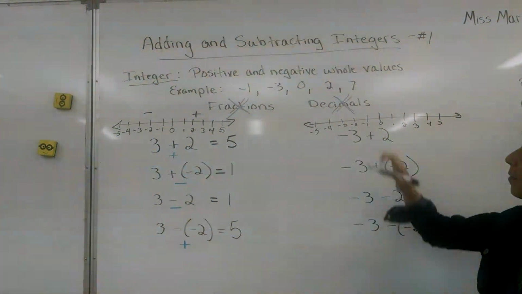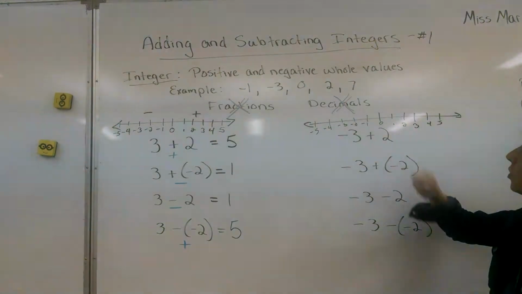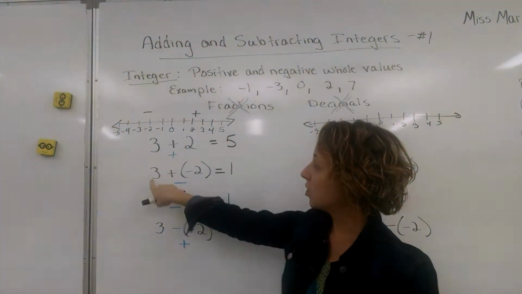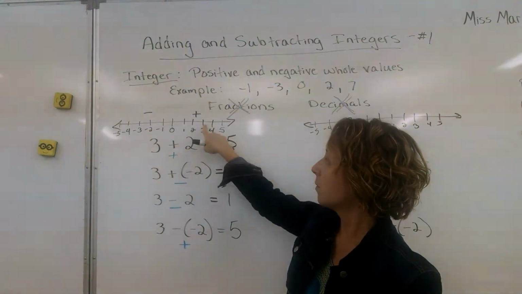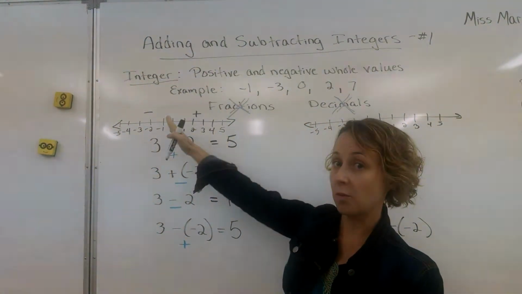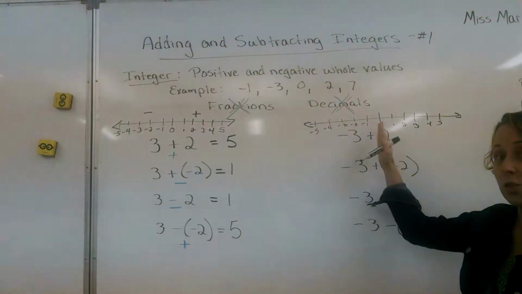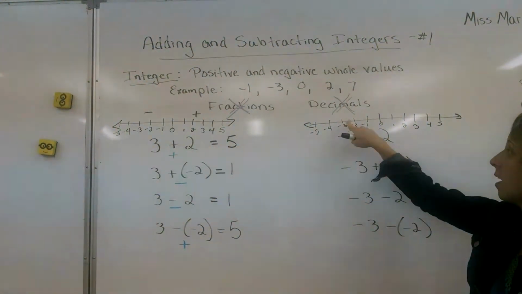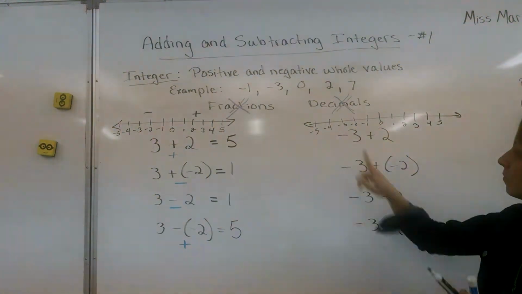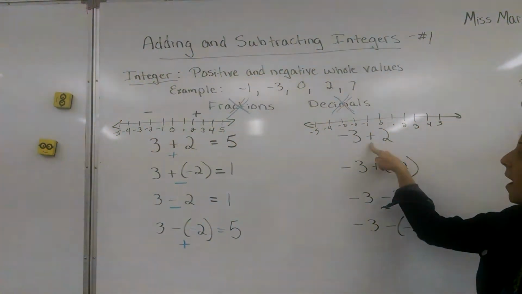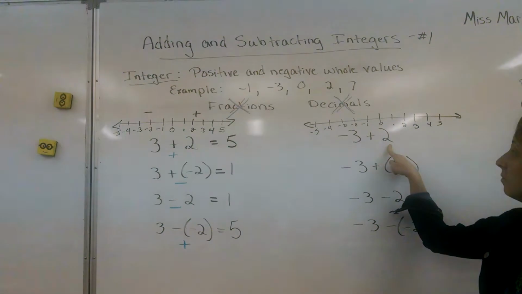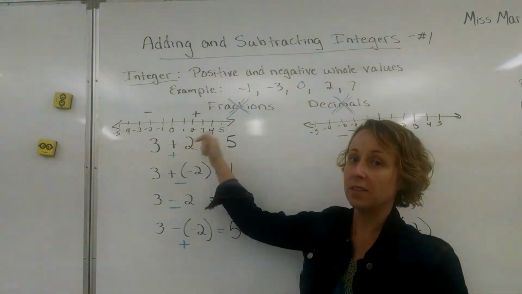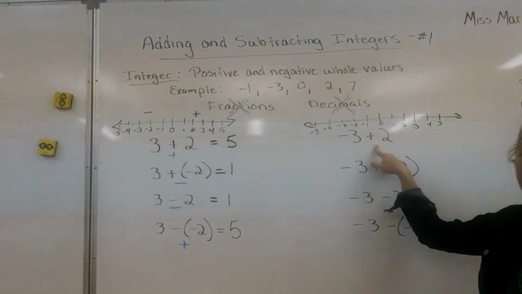Here we go, let's look at our first problem. Negative 3 plus 2. Again, we start at negative 3. Here, we always started at 3, remember? Then sometimes we moved positive, sometimes we moved negative. Here, we'll do the same. The first number in your problem is the number you start at. Now I'm starting at negative 3, right here. In this case, I'm adding 2. Well, over here, when I was adding something, I moved in a positive direction. There's no reason to do anything